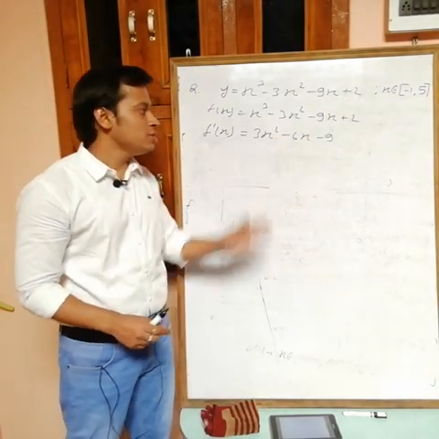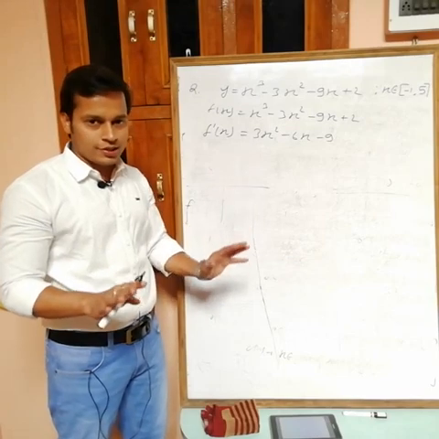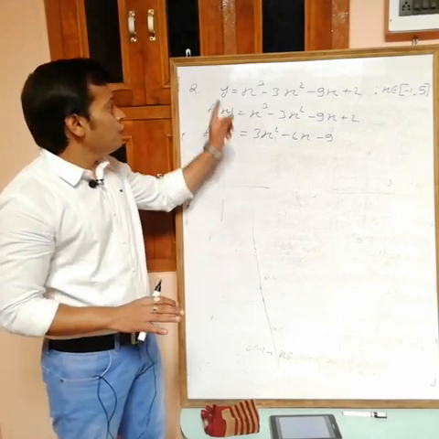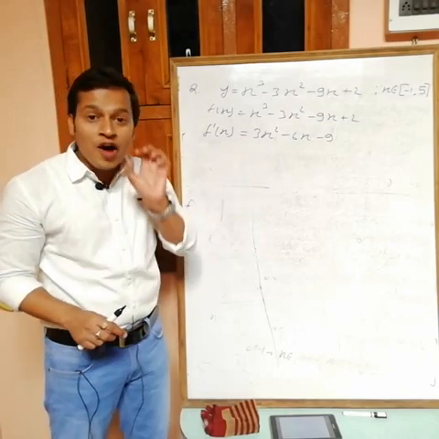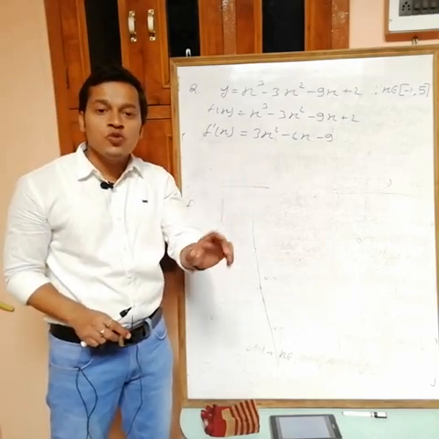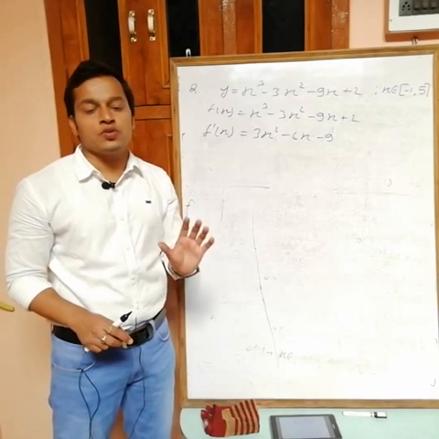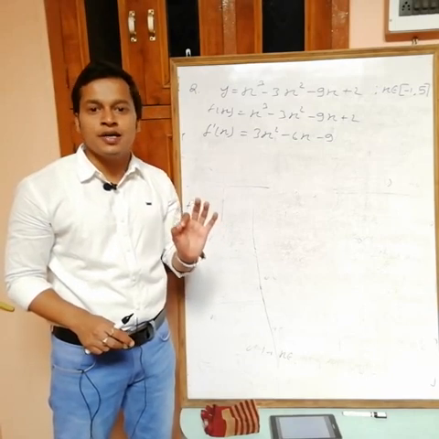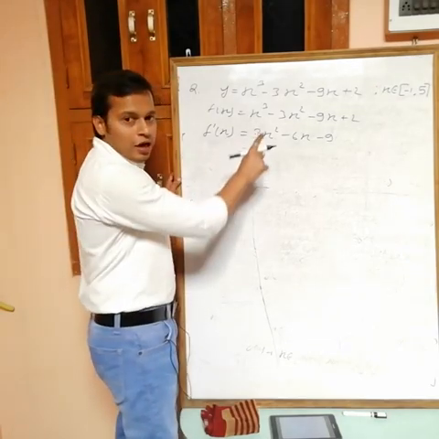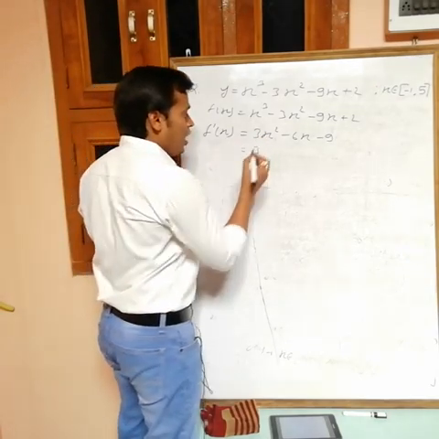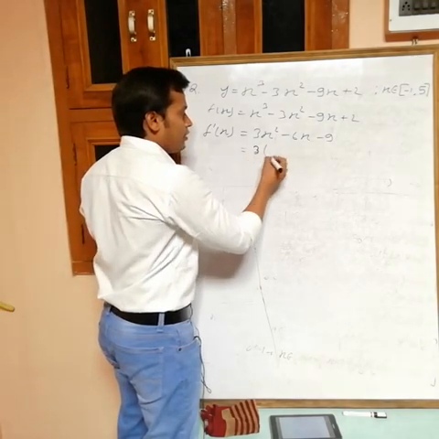So what is the process? Just this one, same as it is. First thing, first differentiate the function. Differentiation is there. Now find the values of x where f dash x equals 0. Where f dash x equals 0. So for that I have to make an interval. I am taking 3 common, then what we are getting?